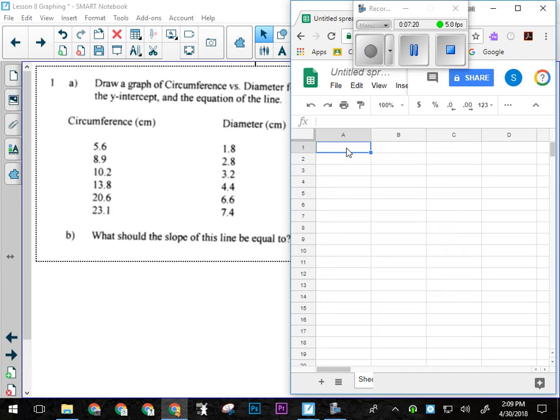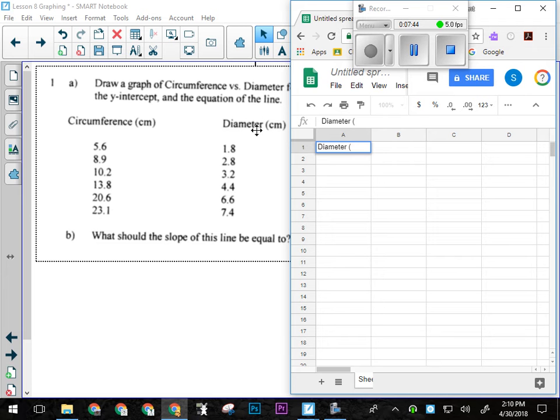So my first box is going to have in it what's on the x-axis, which for this one is going to be the diameter. Diameter is my manipulated variable, and the circumference will respond. If I make the diameter of a circle bigger, the circumference gets bigger. Agreed? So I'm going to write in here diameter,